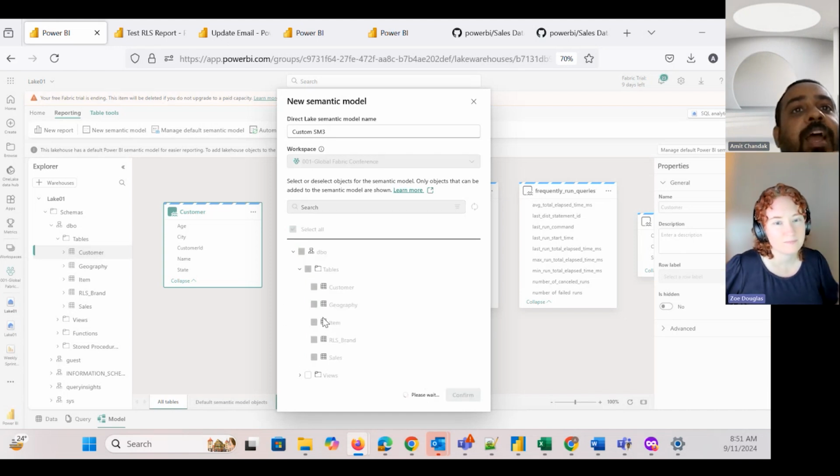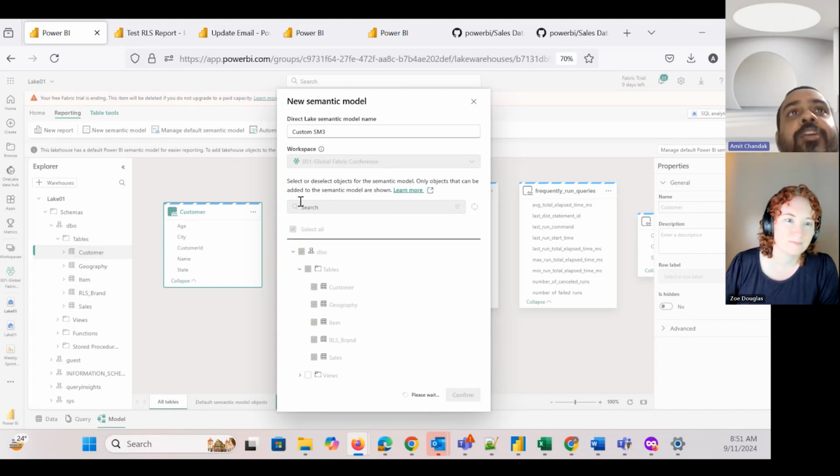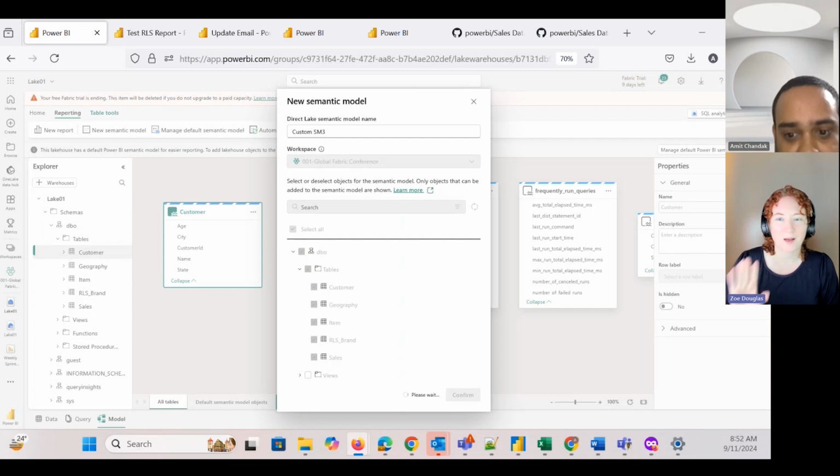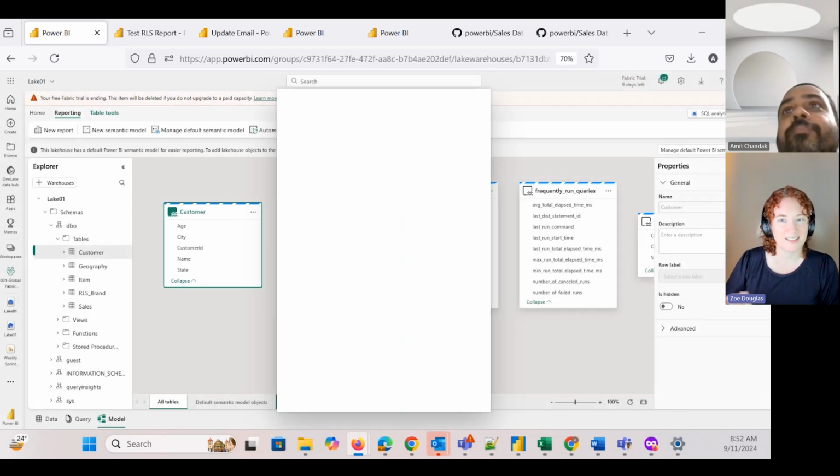Then I can go down and click on confirm, and this will create a custom semantic model, and ideally it should leave me onto the UI of custom semantic model where I should be able to view it. In few cases, if it doesn't switch the UI, we will be going back to the workspace and open this. Sometimes it doesn't show the UI because the pop-up blocker tends to catch it when you're doing it from the